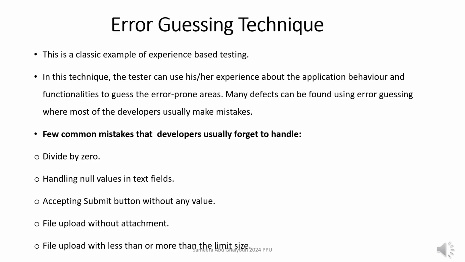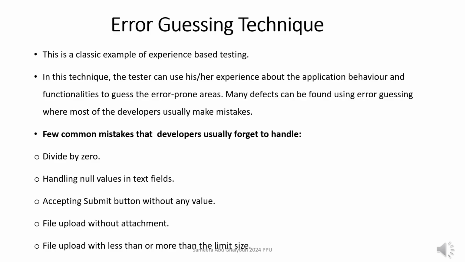Fifth, error guessing technique. This is a classic example of experience-based testing. In this technique, the tester can use her experience about the application's behavior and functionalities to guess the error-prone areas. Many defects can be found in error guessing, where most of the developers usually make mistakes. Few common mistakes that developers usually forget to handle: